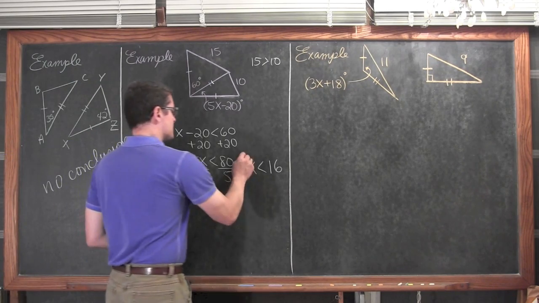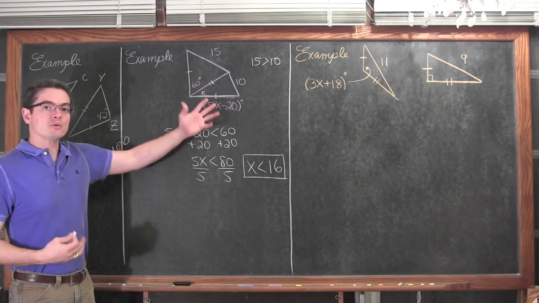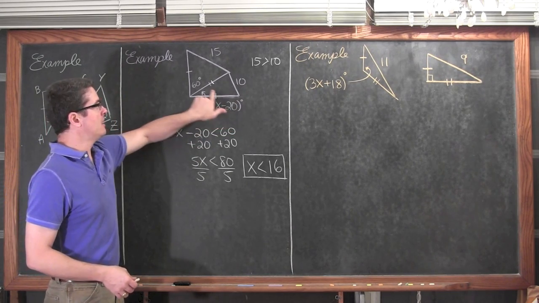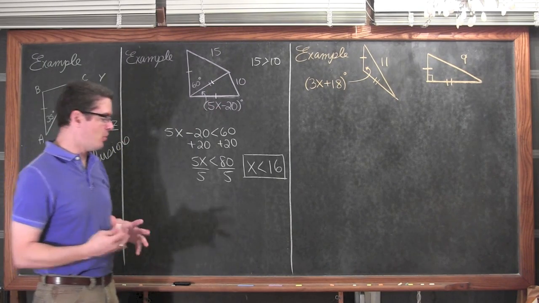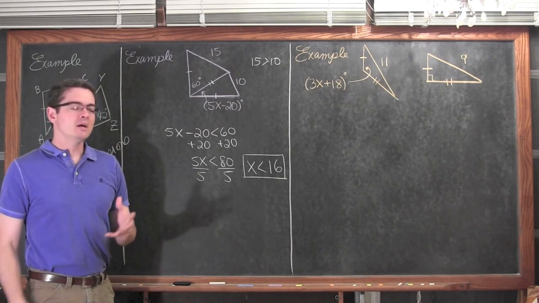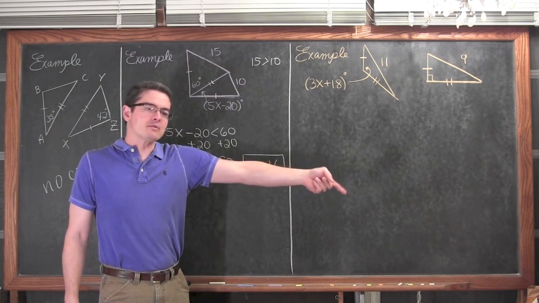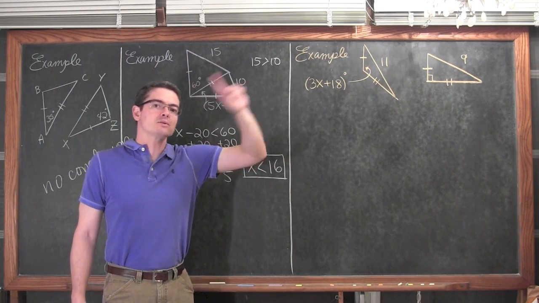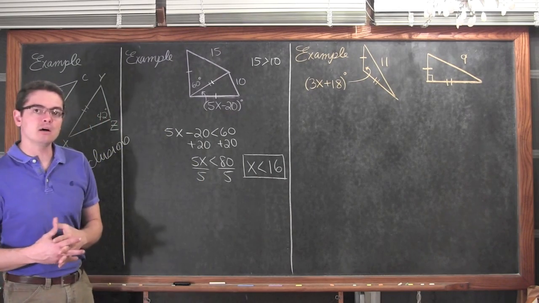Well, this alone is not our final answer because we're not doing straight algebra. You need to remember that we're working algebra with these geometric figures. And x is part of an expression that describes the size of this angle, and you cannot have a negative measurement. An angle cannot be opened up a negative number of degrees. Now in some maths we talk about angles being negative, like in trigonometry, we talk about positive rotation, and positive rotation is counterclockwise, and so we talk about positive angles and also negative angles, but the negative is there for direction, not the size of the angle.